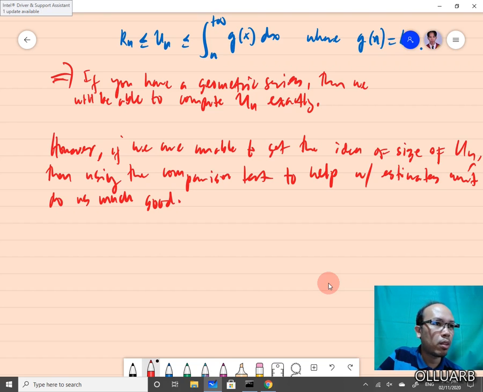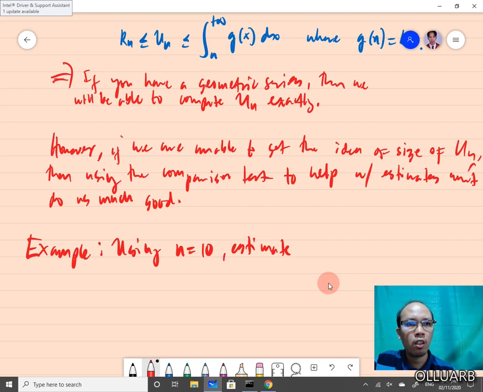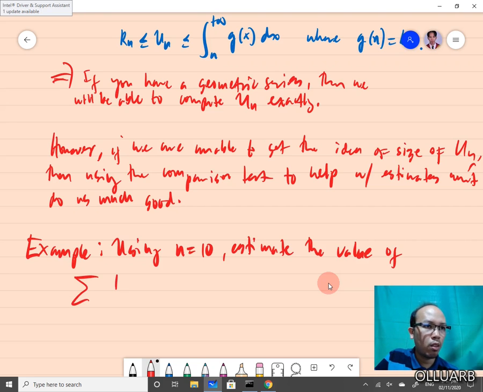So let's have an example here. Example: using n equal to 10, estimate the value of the series, summation of 1 over,